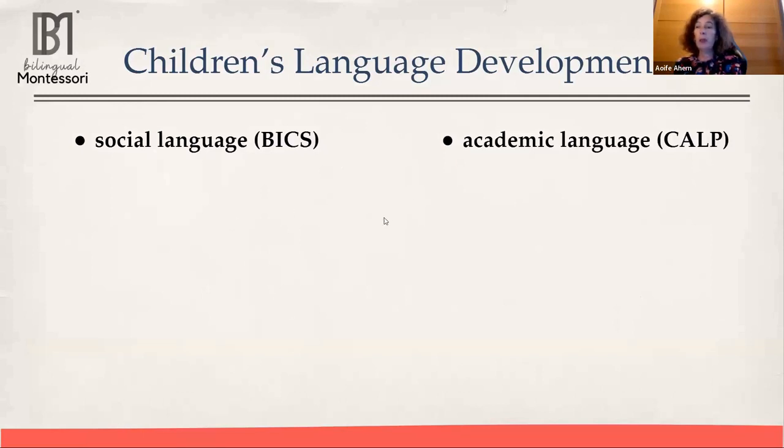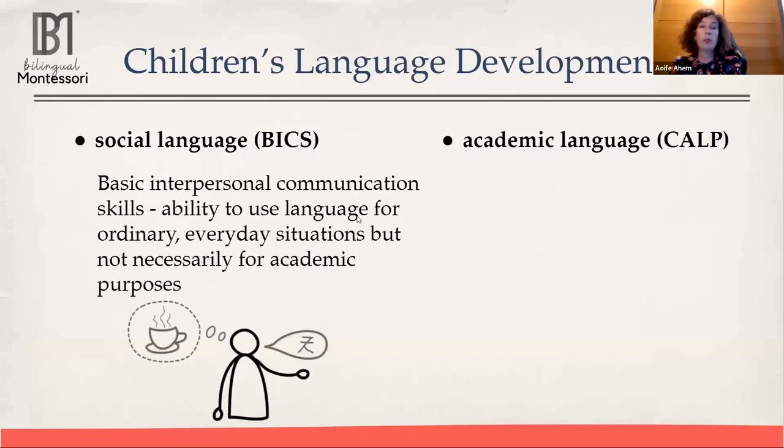Another important distinction in the process of child language acquisition, or the process of acquiring or learning a second language, is a distinction established by Jim Cummins, a professor of English and multilingual education in Canada. This distinction is known as BICS, which refers to social language, and the acronym BICS means basic interpersonal communication skills, as opposed to academic language, which Cummins calls CALP, and this acronym means cognitive academic language